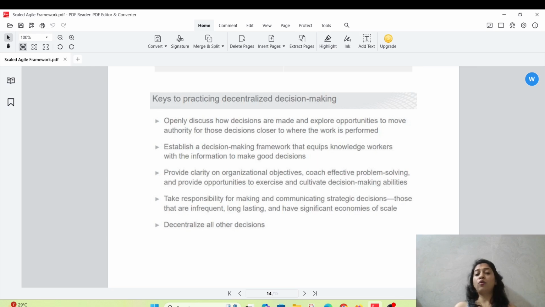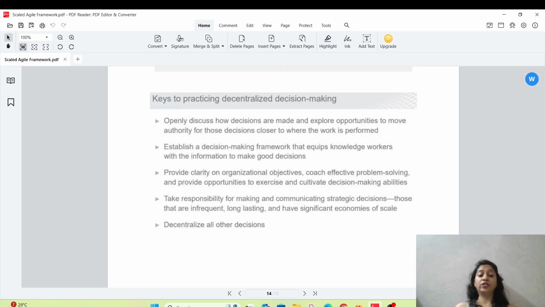Openly discuss how decisions are made and explore opportunities to move authority for those decisions closer to where the work is performed. Establish the decision making framework that equips the knowledge workers with the information to make good decisions. Provide clarity on organizational objectives, coach effective problem solving, and provide opportunities to exercise collaborative